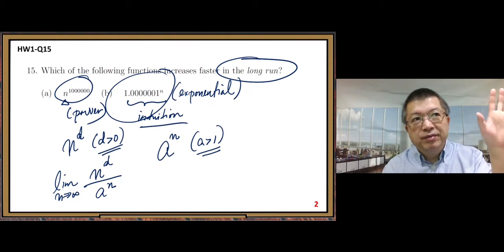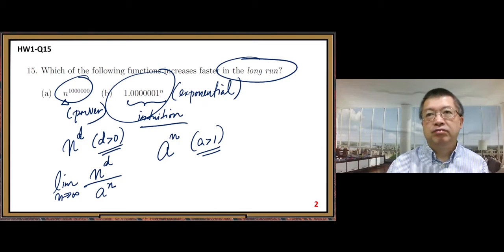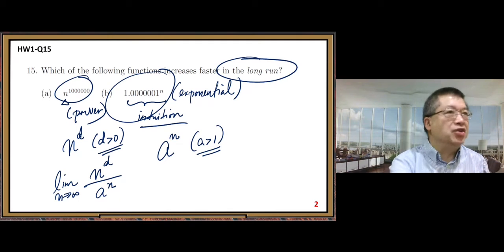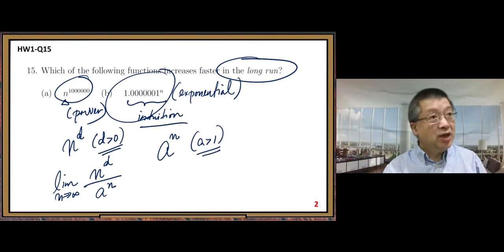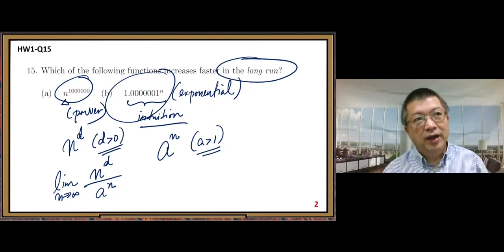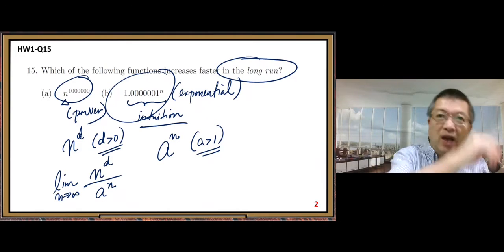I give you this example still in our Module 2. Module 2, near the end, I give you many examples. You can find it there. So there is one like this. And we use L'Hopital's rule. Here I do not go into the detail of L'Hopital's rule, right? So the story related to L'Hopital's rule